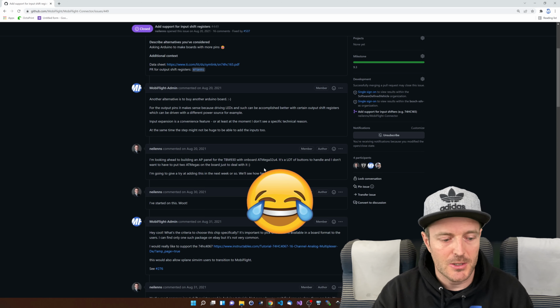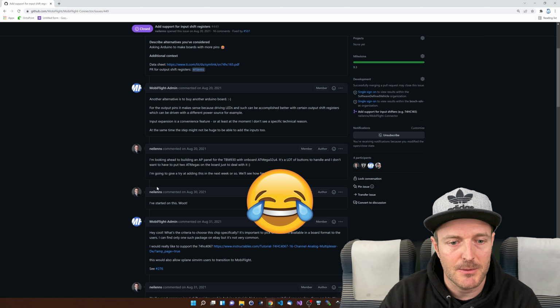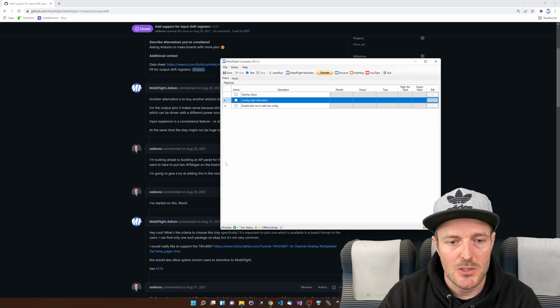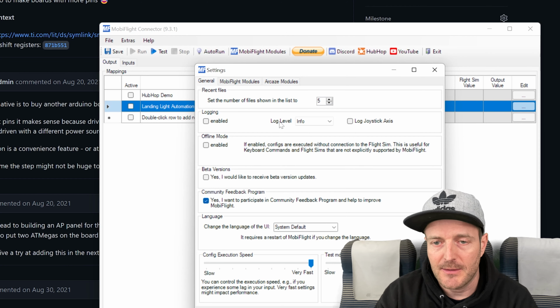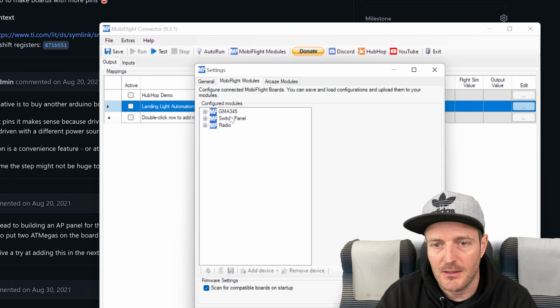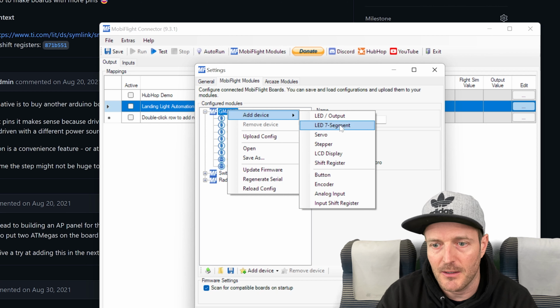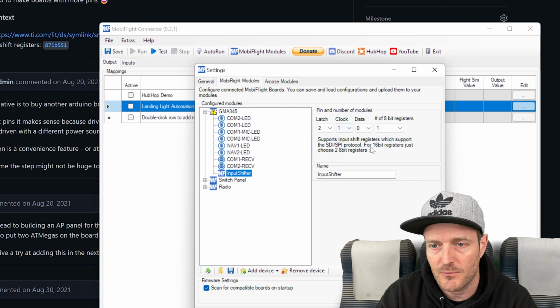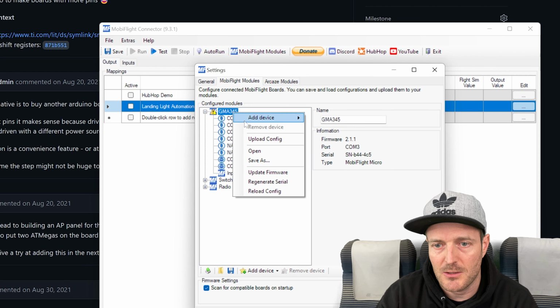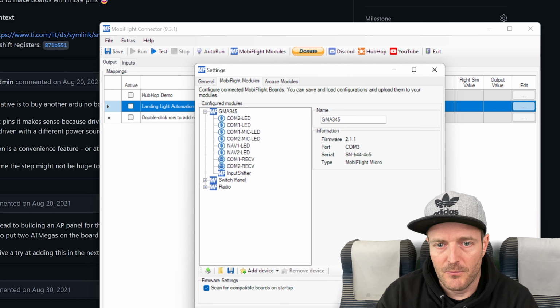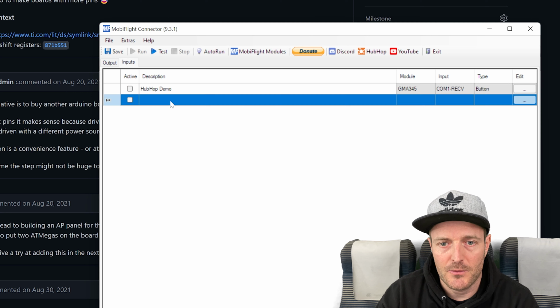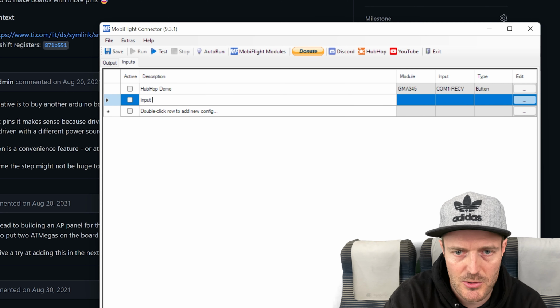So apologies that I won't be able to demo it, but what I can do is actually show you how it looks. Basically the idea is that if you have some device and you add this input shift register to any of the data lines, it's a very similar setup to the output shift register, and then you can go here, upload it. You can see it's finished, and now on the inputs, it pretty much